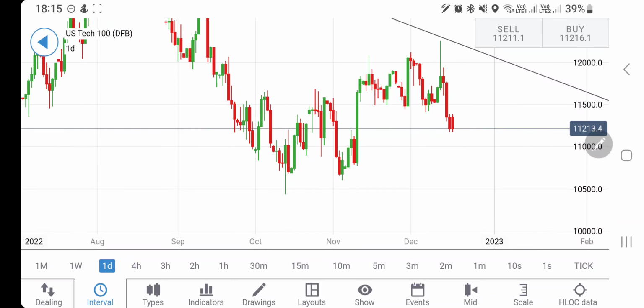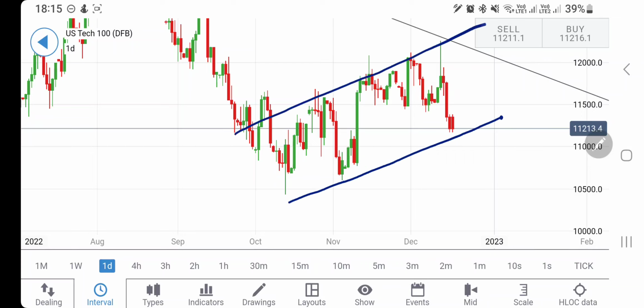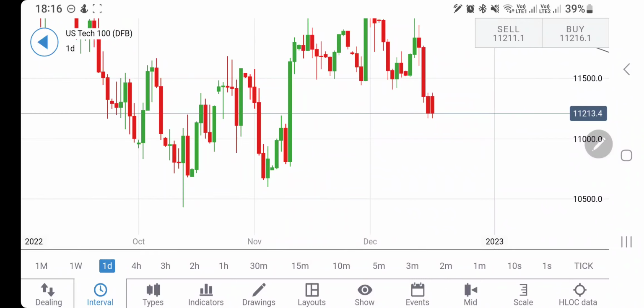Now see this. In fact, despite the fact that it has achieved 11,200 and below levels, it is still very much in this bullish channel, and the bottom of this channel is almost done, and hence only and only if you see it trading below 11,100 and 11,000 levels, you can expect that it is going to break further. So I'll wait for it to breach past these two levels.